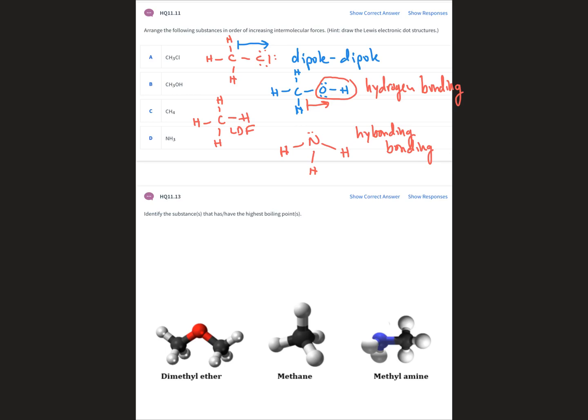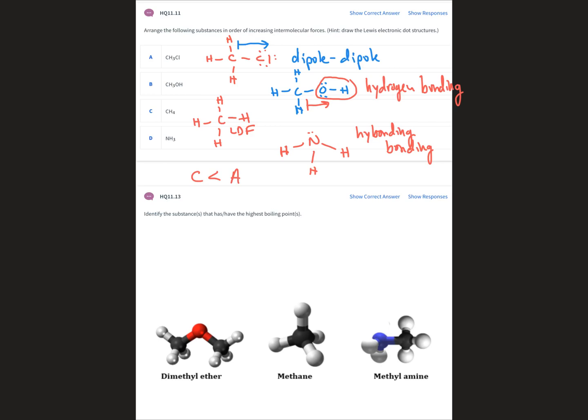So the weakest intermolecular forces are London dispersion forces. Methane would have the weakest intermolecular forces. Next would be chloromethane, which is A, and the next one's actually kind of difficult because we have two things